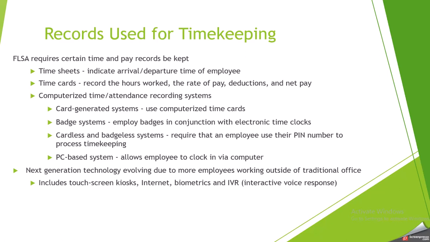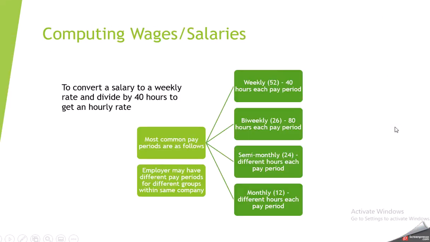And so I already kind of talked about the mechanisms for keeping it, timesheets, time cards. Again, now everything is so computerized, there's all kinds of different ways that the computer can generate that, and that's probably going to continue as time goes on. When we actually compute it, you want to know these different types of pay periods. So we had this like in business analysis with algebra, where you are given an annual salary, and if you want to say, okay, if I'm paid weekly, what is that? You're going to divide it by 52 weeks. If I'm paid bi-weekly, divide it by 26 weeks. If I'm paid twice a month, which would be semi-monthly, I'm going to divide it by 24. If I'm paid monthly, I'm going to divide it by 12.